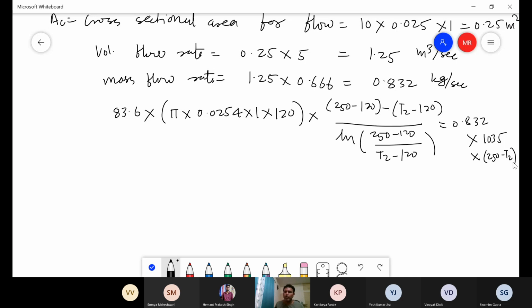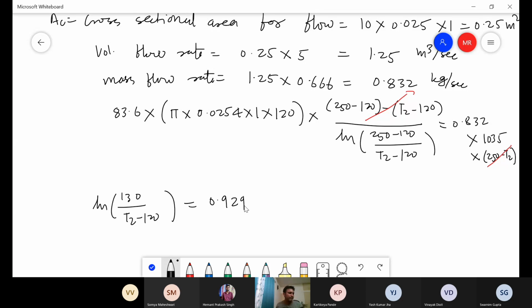Correct. So this is what the balance is going to be. Now this particular factor and this factor are going to get out. So this is 250 minus T2, on the right hand side, and the left hand side is going to get cancelled out. And if you rearrange this, 250 minus 120 is 130, divided by T2 minus 120, and by calculating everything, what we are going to get on the right hand side is